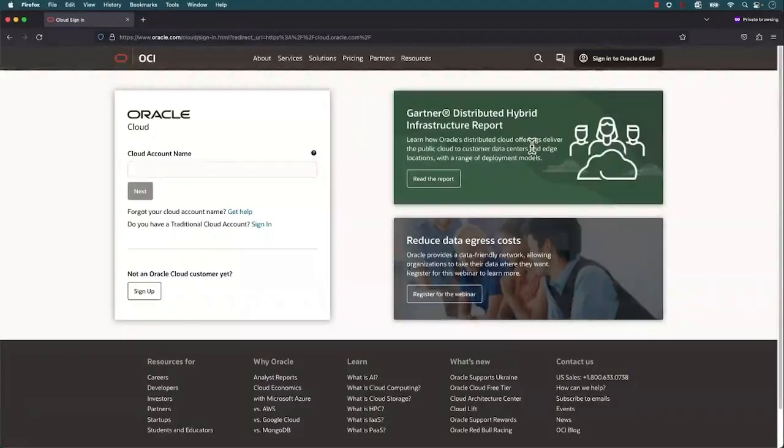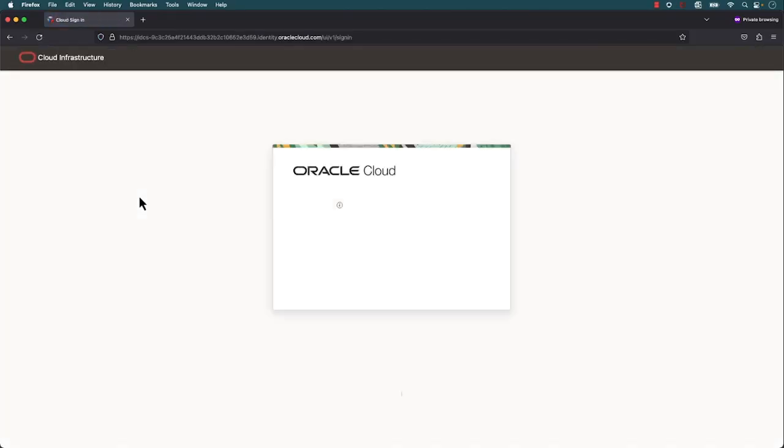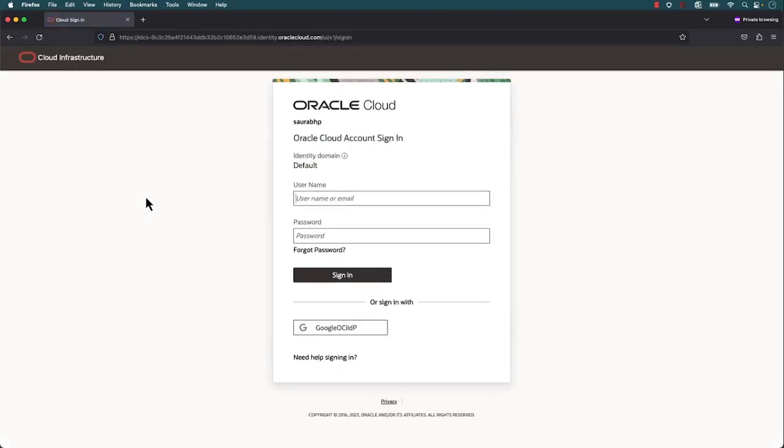So the first thing I do here is I log in to my account. And this is my account name. I click next here and it will bring me to the login screen. And if you notice here, the identity domain, it is telling me that I am going to log in to